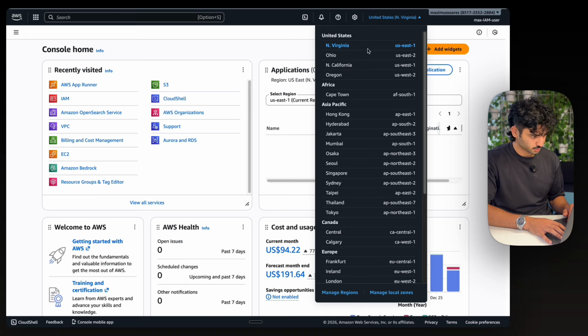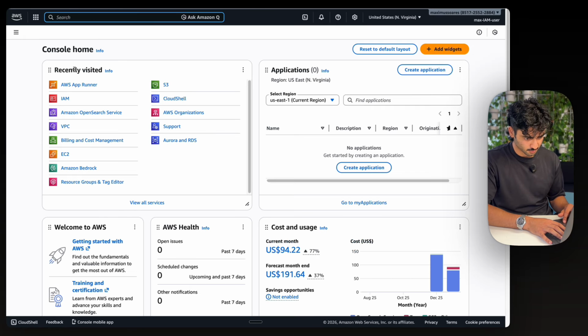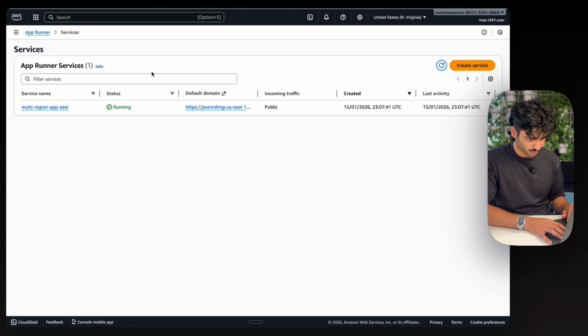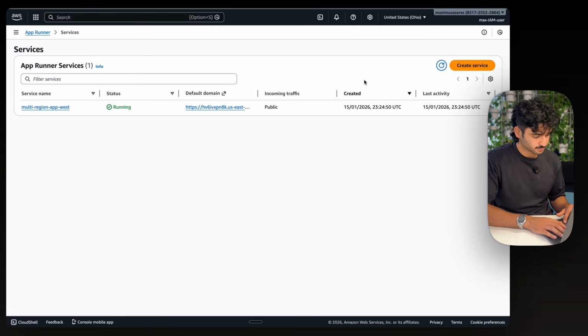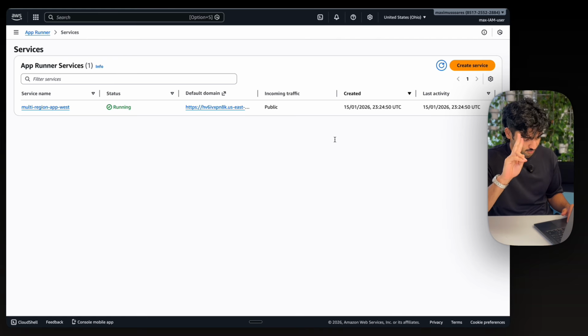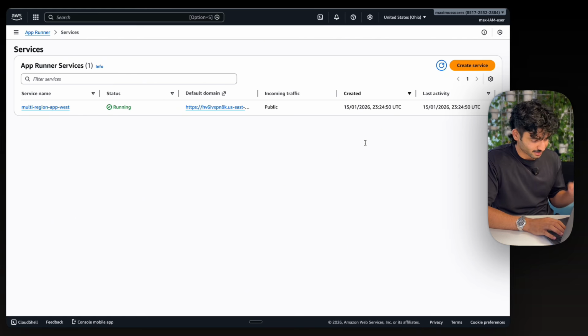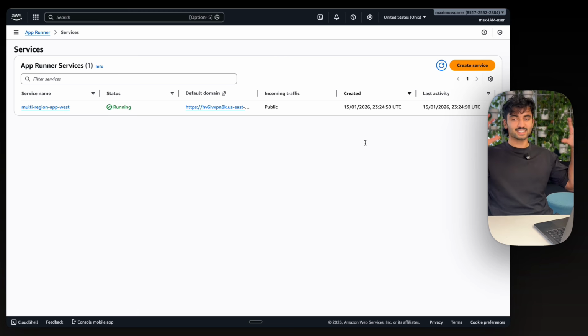Perfect. Now I'm just going to go to US East 1 here. I'm also just going to check that everything is running fine. As you can see, it is. Let's switch back to US East 2, also running fine. So congratulations, you literally have 2 regions running right now with identical content. They're running the same app in 2 separate regions, 2,500 kilometers apart.